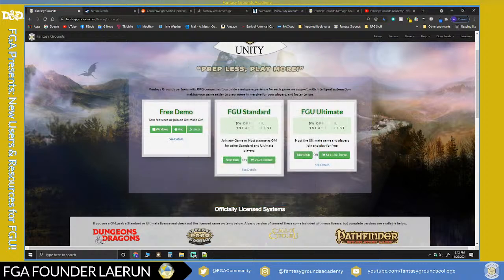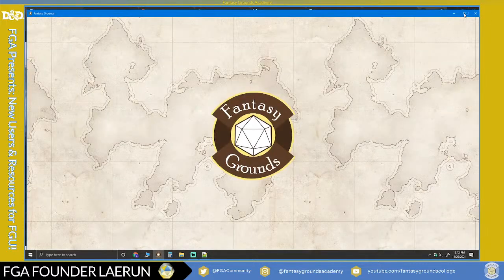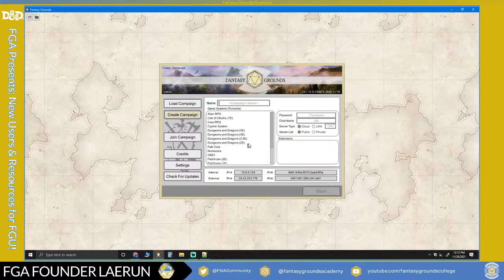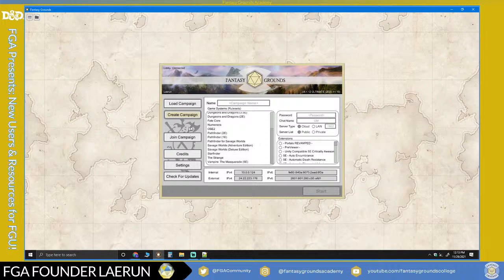And then once you start it up, you would update the client, and then you would go ahead and either buy content or look for a game, and then go from there. The next thing is when you start a new campaign, you would click Create Campaign, and this assumes that you have one of the licenses or a subscription. So if you set up a new campaign, you can type that in here. You pick the rule set that you want to use, and then you would pick all your settings accordingly. Once you do that, you'd hit start.